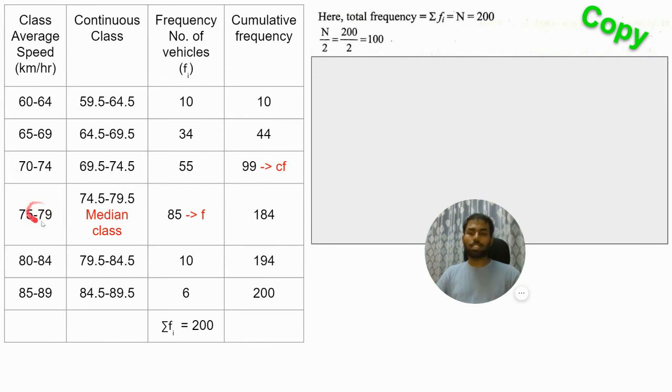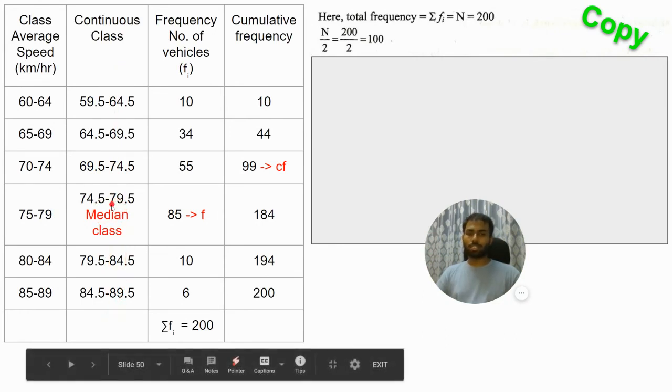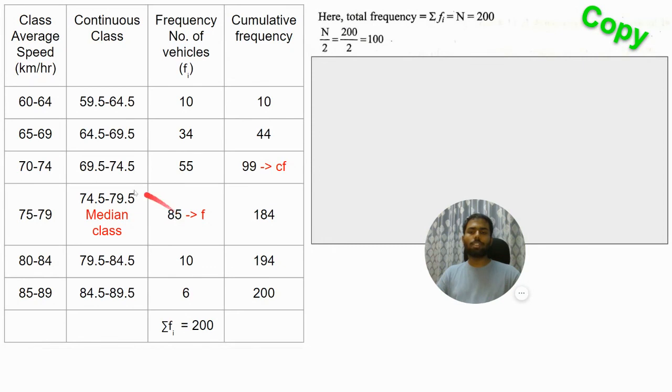ओके, मेनी स्टूडेंट्स टेक दिस एज द मीडियन क्लास, पूरा क्वेश्चन गलत हो जाता है. तुम लोग ने कंटिन्यूअस क्लास क्यों बनाया? ताकि उसको मीडियन क्लास ले सको, राइट? सो 184 के बाजू वाला f, उसके बाजू वाला मीडियन क्लास और उसके ऊपर वाला cf. ओके,